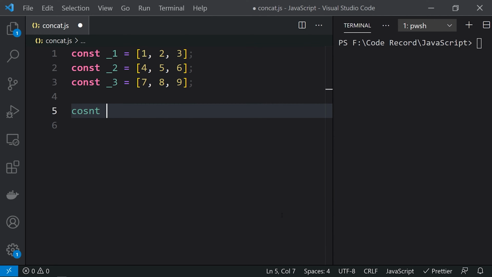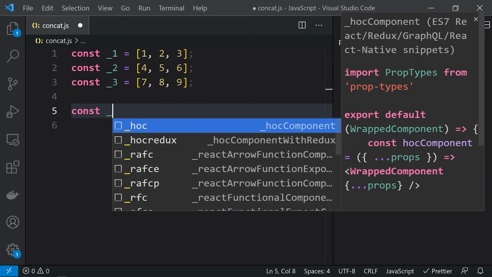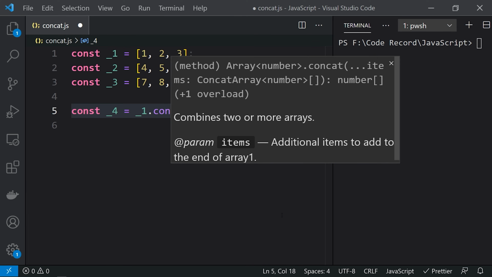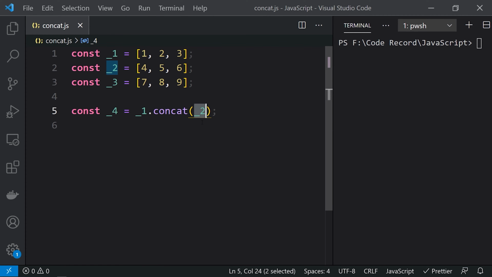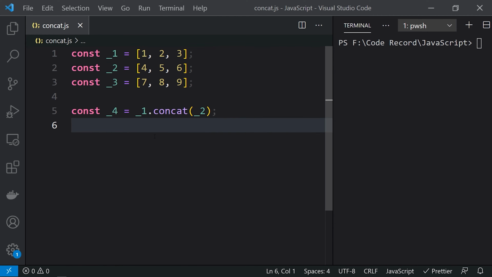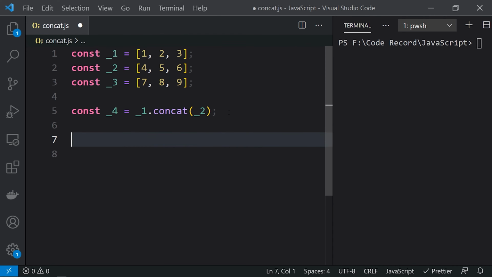Now let's create another constant, _4, equals _1 dot concat _2. What will happen is _2 will be concatenated to _1, and this concat method will return a new array. It will return a shallow copy of the array, so there won't be any changes to the _1 array itself. So if we do console log over here,